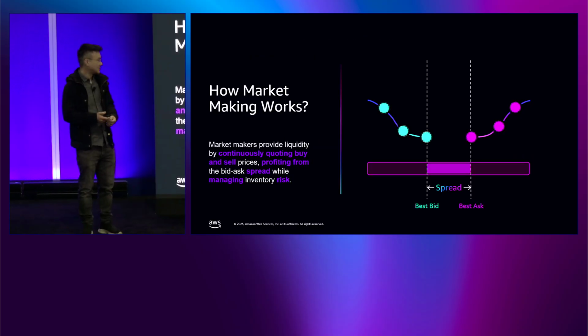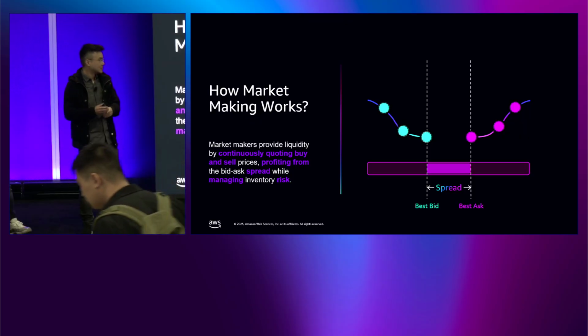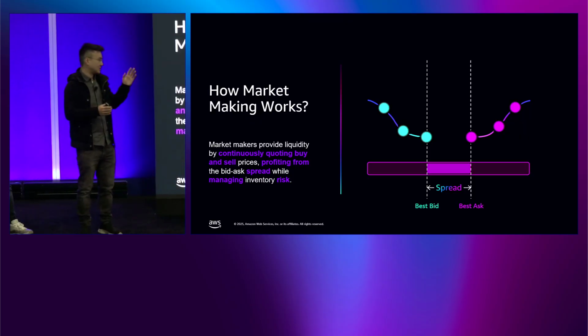This is an abstraction of an order book. On the left-hand side are the bid orders, and the right-hand side is the ask orders. The y-axis is the cumulative size at that price level, and the further right, the higher the price. You can imagine in the daily work of a market maker, they place multiple bid orders on one side and also multiple ask orders on the other side.